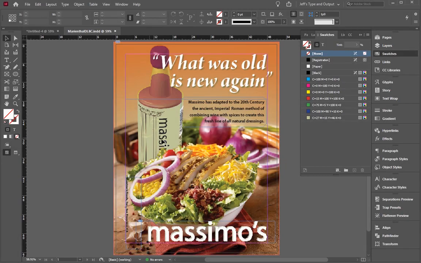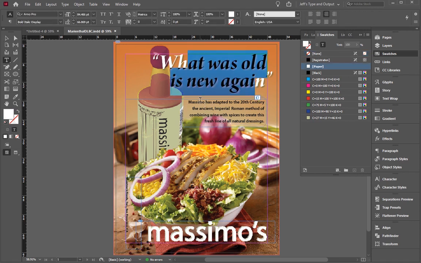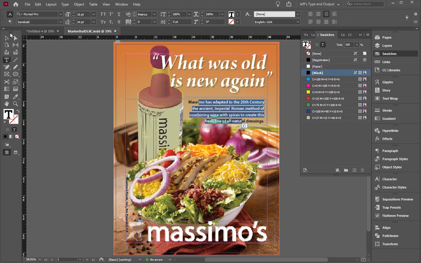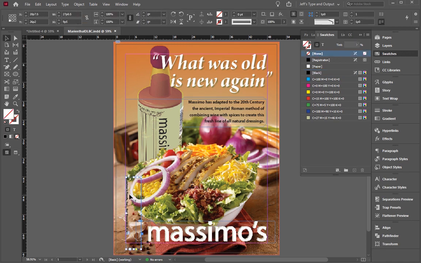Now you have to decide, is this the best place for the model? Is this the best arrangement of the photo? Does the type fit with the photo the way you want it to? Is it effective? Where do you put the logo? Do you put it at the top? Do you put it at the bottom? Make sure you include the USP, the text, the logo, and the signature,